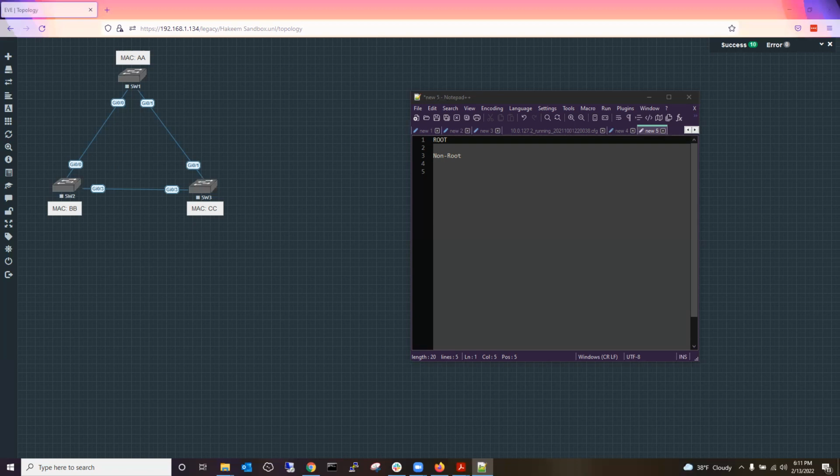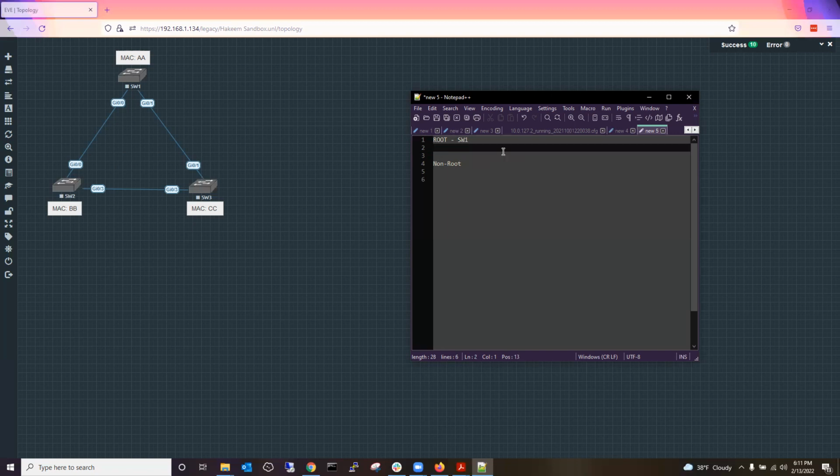Okay. So who's the root? The root is definitely going to be switch 1. Why is that? It has the lowest MAC address, assuming that all the priorities are the same. You sure? Yep. Cool. All right. So now that switch 1 is our root, what does that mean for the port states